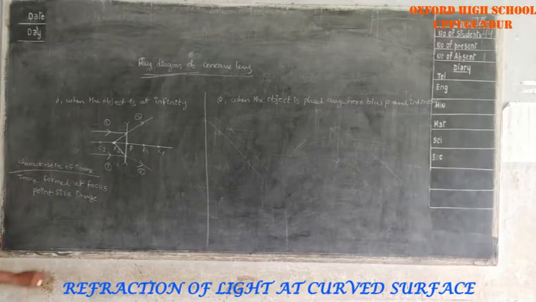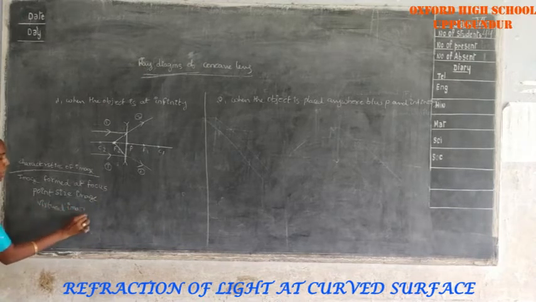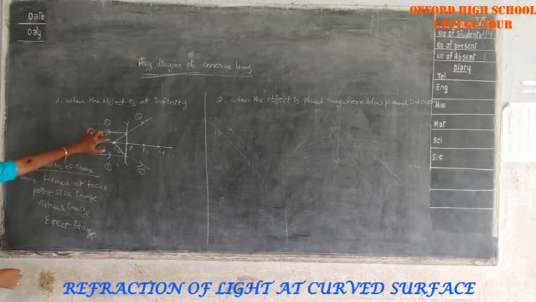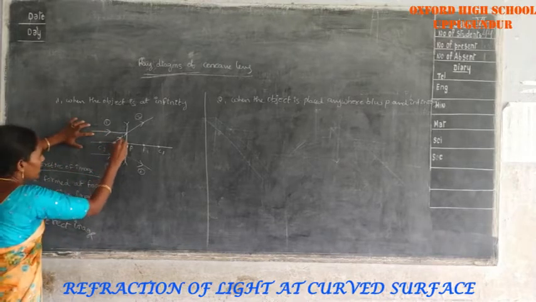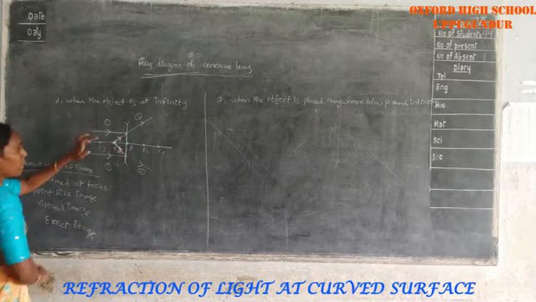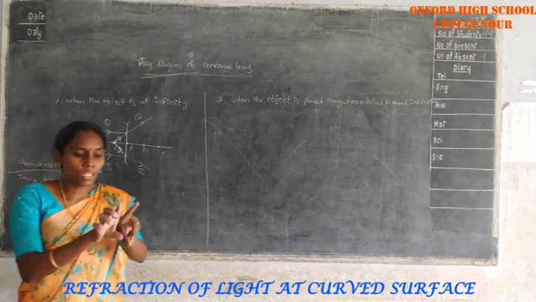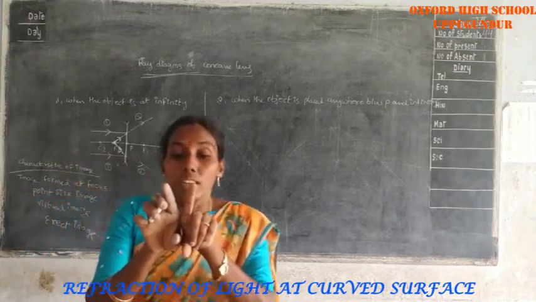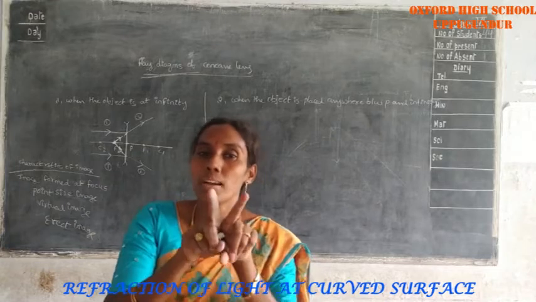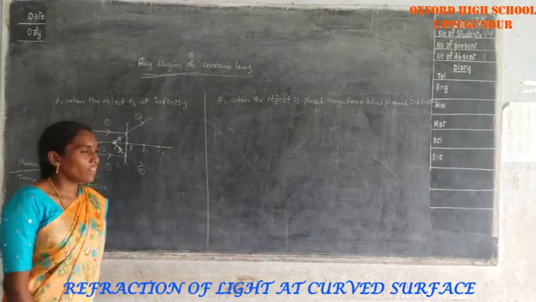It cannot be captured on the screen. That's why it is a virtual image. All virtual images are erect images. In this case, the refracted rays appear to diverge from the focus. That means if two light rays start from the same point and move in different directions, those rays are called diverging rays.